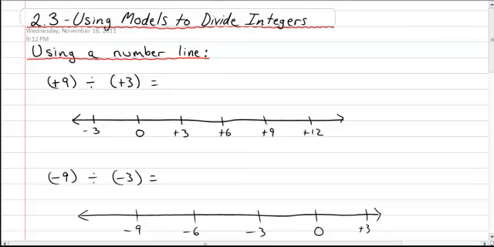Okay, this tutorial is going to show you how to use models to divide integers. The first model that we're going to look at is using a number line. Alright, so if we take a look at the first question I have for you at positive 9